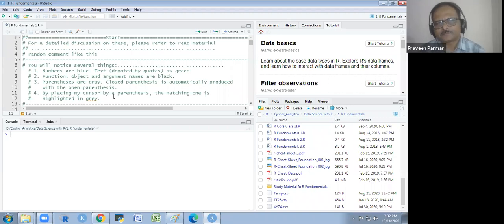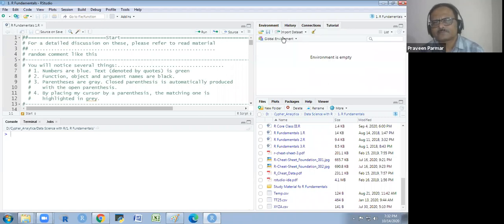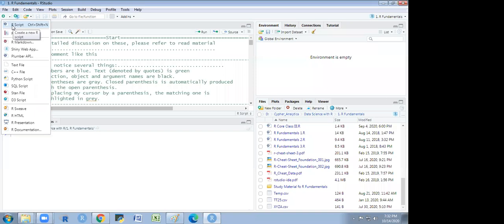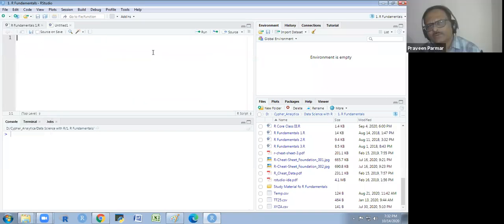But I will explain about R now. Now I will open one new script. So I will click here on the left and there is R script, and I click on it. So I will get a new script here. Okay. Whenever you have to write a comment in R, you have to use the hash button. Whatever you write after the hash will be treated as a comment. R will not read it, and R will not take any action on this.